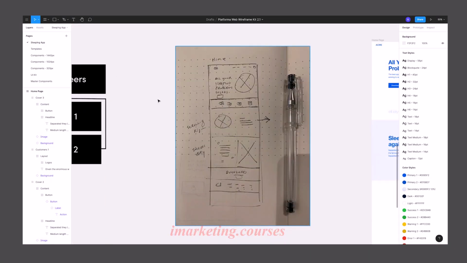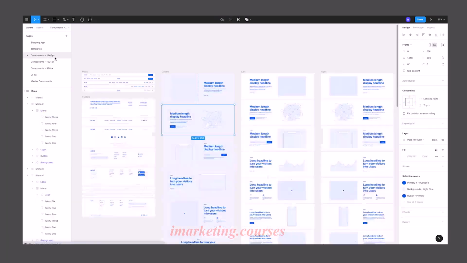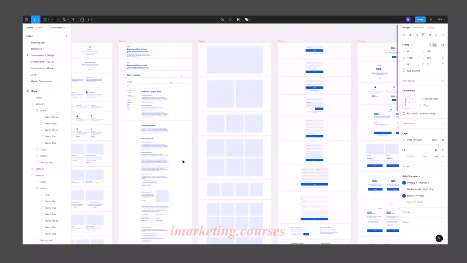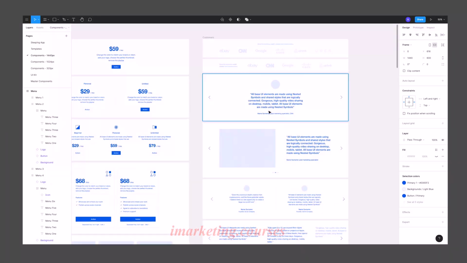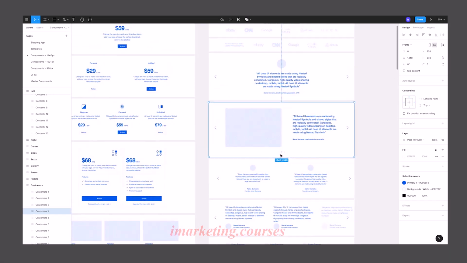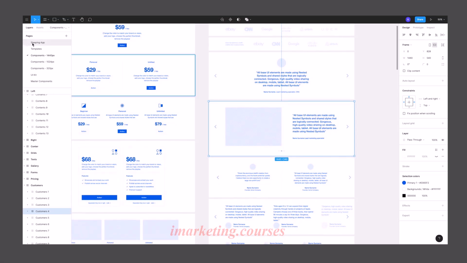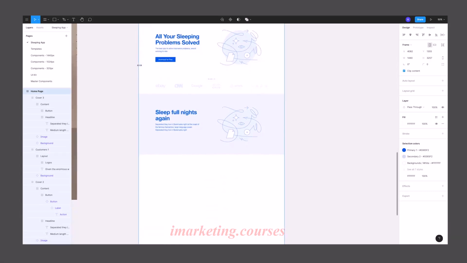Now we want this success story. Let's see what they have. They probably have here in components testimonials, but I'm not sure they have a kind of full page testimonial. They do have testimonials that look like this, centered. They do have this, which is pretty close. So I'm going to take this. This is not exactly what I need, but I'm going to adjust it to my needs. So I'm going to paste it here